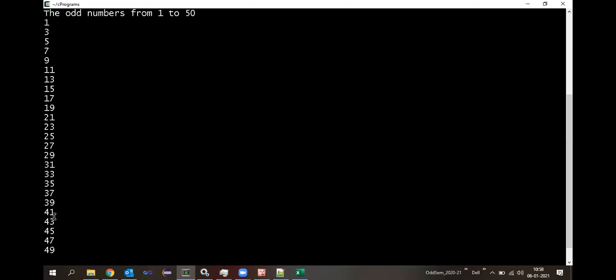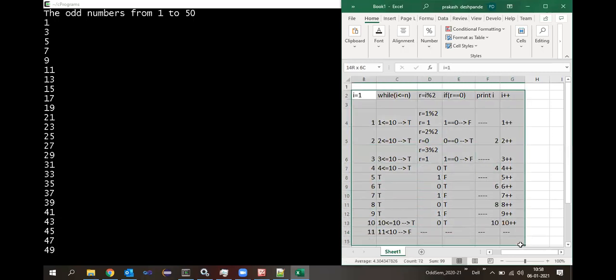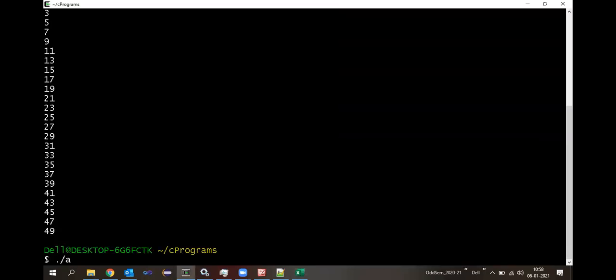Yes, sir. Now I will give you a homework here. The homework is that you need to write a program. Let me show you how it should print. Whenever you execute it, the program should display both even as well as odd numbers between 1 to n. Write it in your notebook: write a program to print even and odd numbers from 1 to n. Both you need to print.